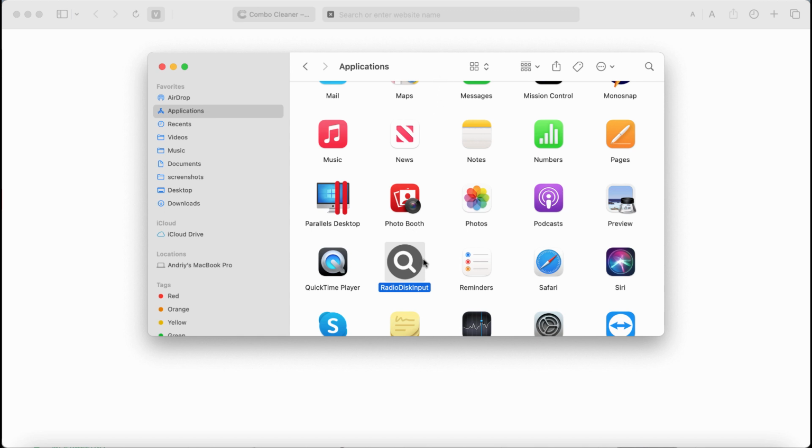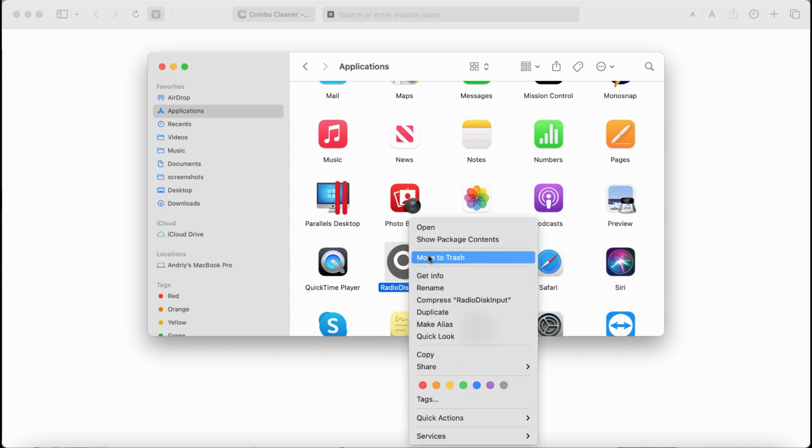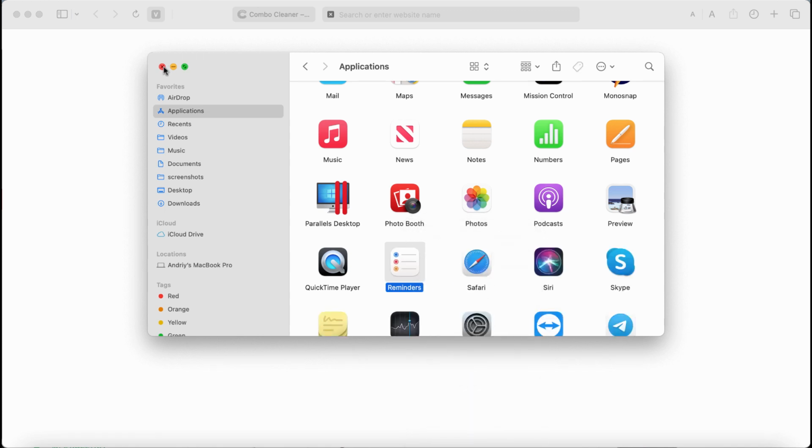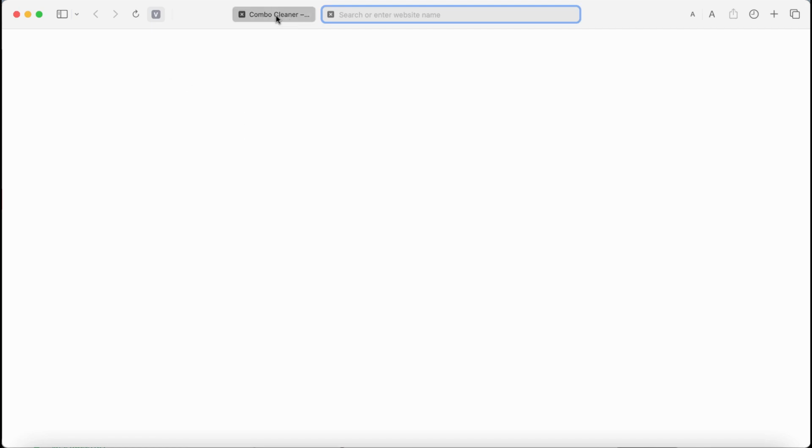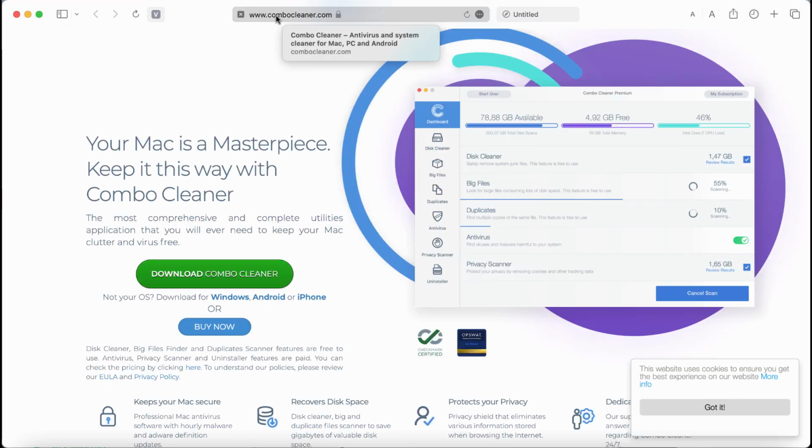If this RadioDiskInput was somehow installed to your computer, definitely you need to undertake the measures and remove this nasty adware. To remove it, you need to check your applications on your Mac, right-click on this adware and move it to the trash. Also, I recommend you to restart your device with Combo Cleaner, which you may get on the